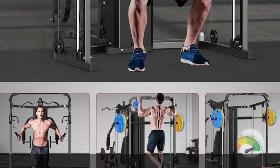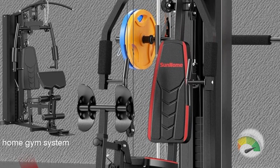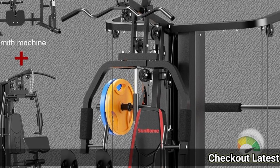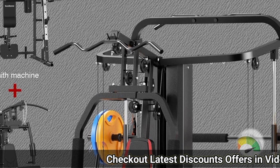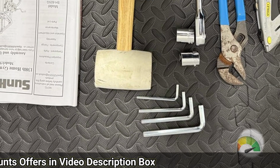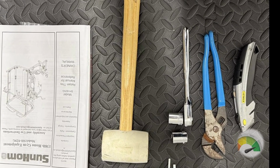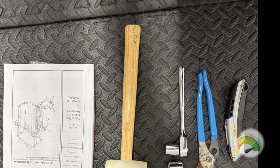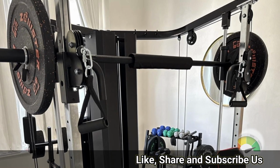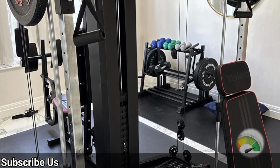Right off the bat, the SunHome system impresses with its new upgraded design that fuses a traditional home gym station with a full Smith machine. The result is a single footprint that houses a Smith bar, high and low pulleys, a pull-up station, a leg press, and a dedicated station for chest flies, lat pull-downs, seated rows, AB crunches, and more. Where many home gyms settle for a compromise, giving you an array of cable attachments but no guided barbell track, or vice versa, SunHome's hybrid approach feels genuinely comprehensive. If you've hesitated in the past because you weren't sure whether to prioritize cable versatility or barbell stability, this machine